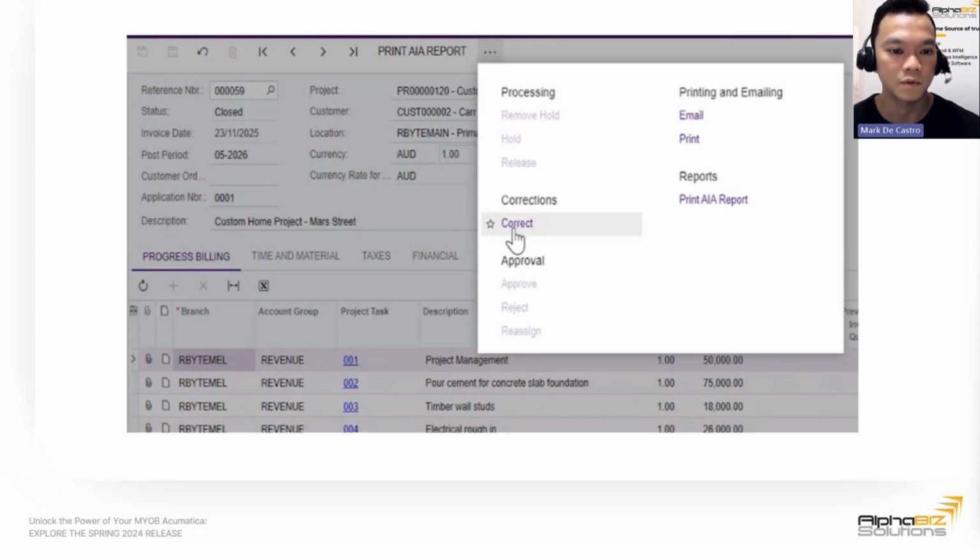So in this example, I hit correct on the action toolbar and corrected the finishes task, because it was not complete as we thought it was. After making some changes on the finishes task, amounting from 93,000 to 90,000, I saved this document, took the transaction off hold and released it.